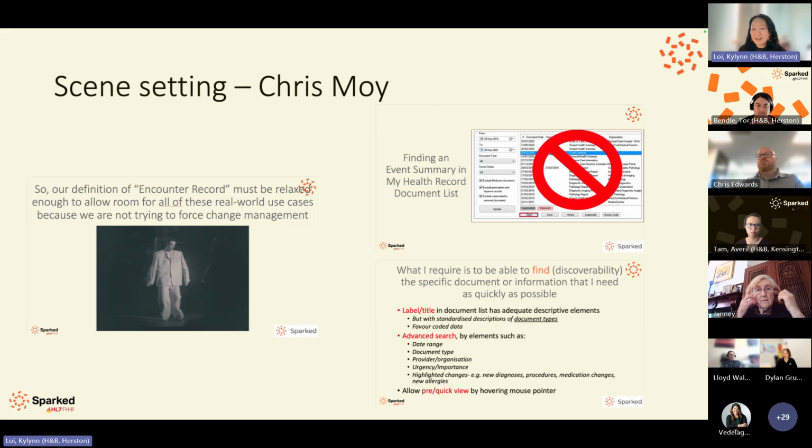Chris Moy very kindly presented around, because I asked him what does good look like for him, and he kind of reinforced our need to make sure that our definition for encounter record needs to be relaxed and give us enough room to allow all the different real world use cases. We're trying to find a common language so that we know that certain use cases, certain contexts require more constraints or more specifics, but for us, we're trying to do something broad that can be reused widely. So we need to dance and have a lot of space in our suit to kind of give us some